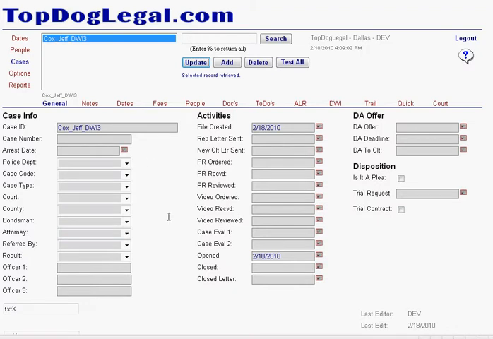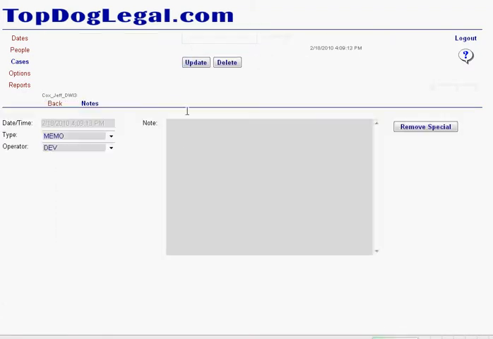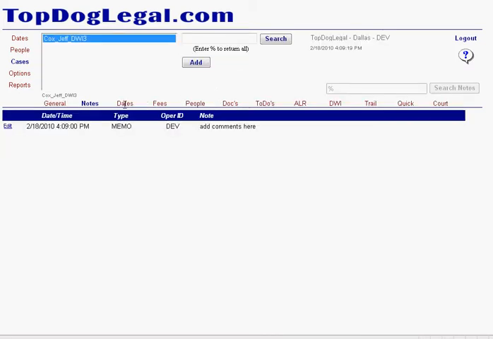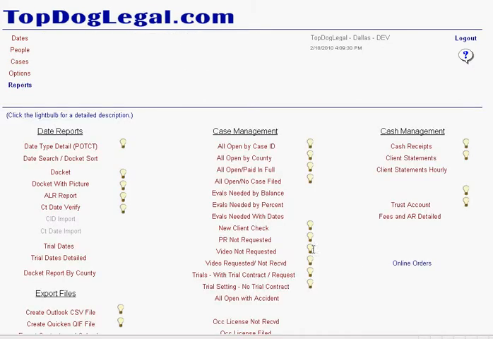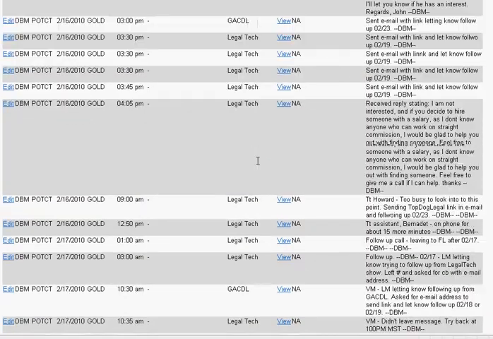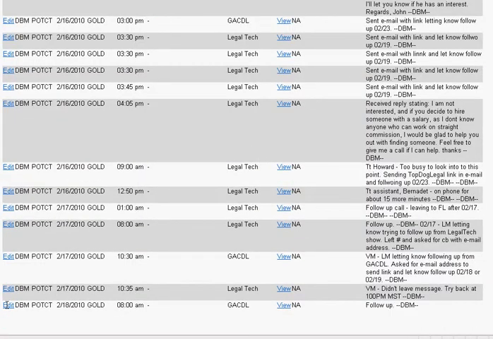Now we can go in here and put in notes and add comments here. Okay. Then we can also go in there and see we have no dates on the calendar. So one thing we want to do is go ahead and get that POTCT appointment linked over here. So we'll go to reports, and then we're going to go to potential clients, go down here and edit that appointment. You'll see down here at the bottom,